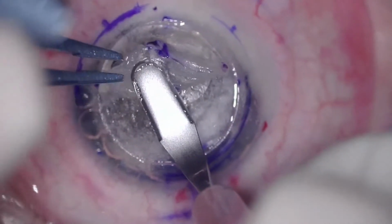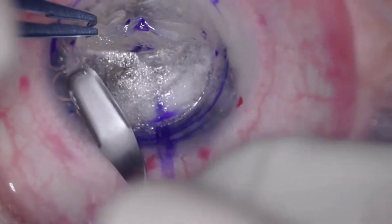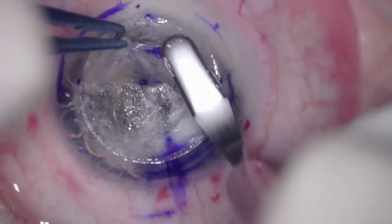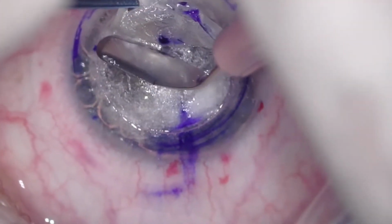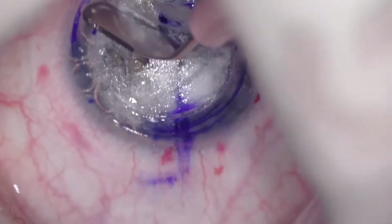So in my experience, I don't think it makes much difference when you're dissecting the posterior stroma in a patient who's had previous cross-linking. But with anterior stroma, the behavior is slightly different, and when you're suturing in, the behavior of the cornea is slightly different as well. It's not as stretchy or elastic. So this is good in a way because it creates quite a stiff sidewall to suture into with the corneal